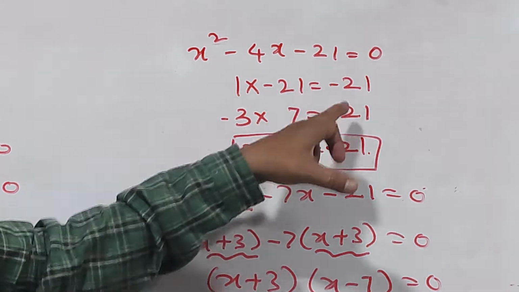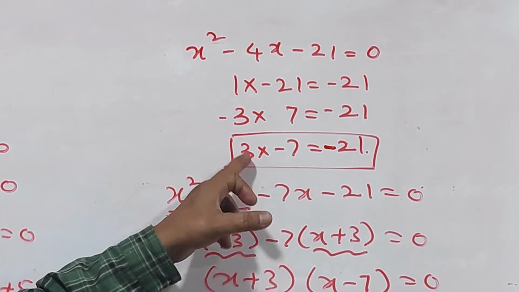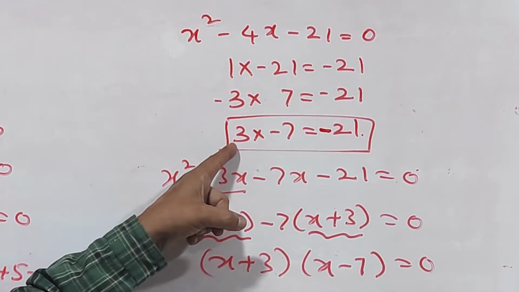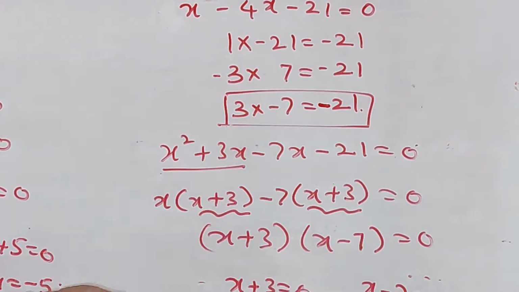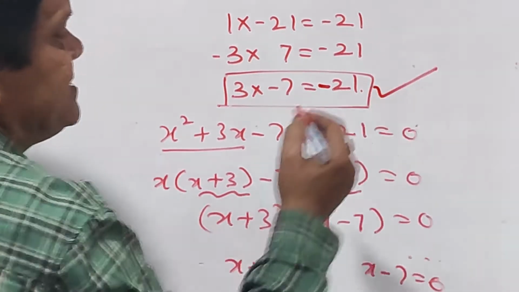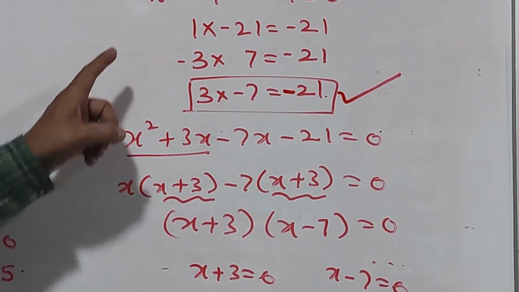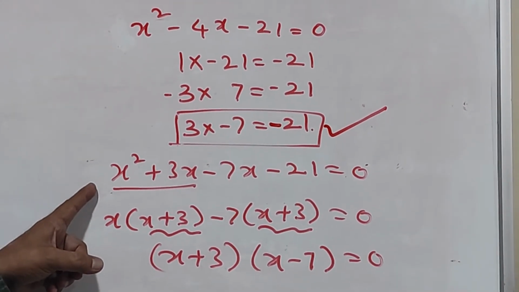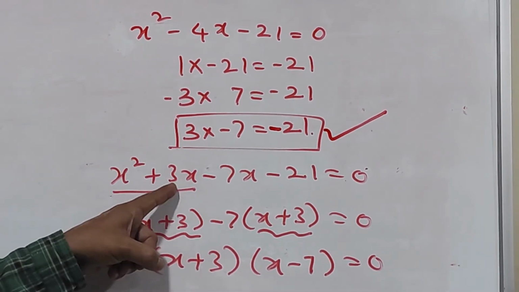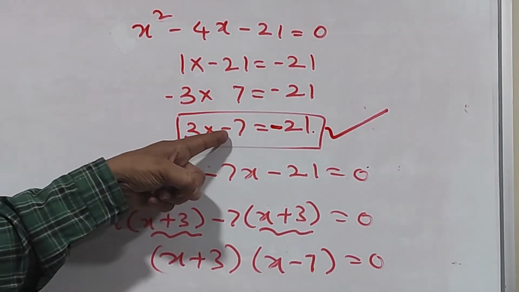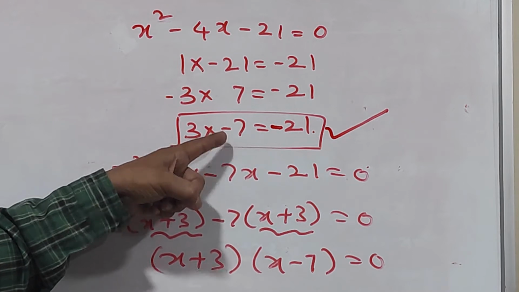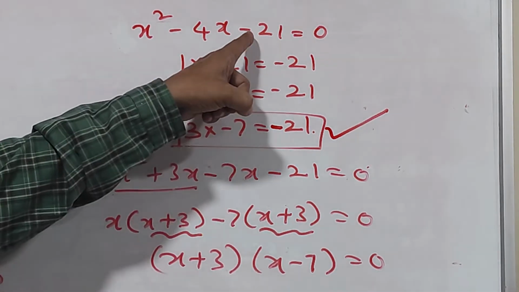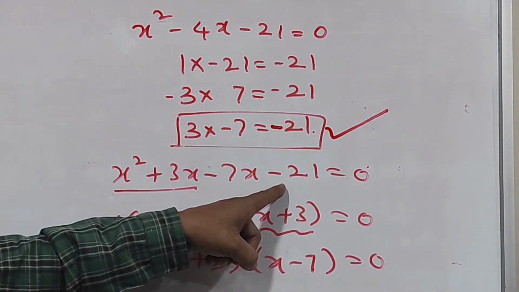So when you multiply, you should get minus 21, and when you add or subtract, you should get minus 4. So here we are getting 3 into minus 7. Out of all these, I am using this. Therefore, now first term x square as it is, then going to the block 3x, then again going to the block minus 7, very important, minus 7x, then as it is minus 21 is equal to